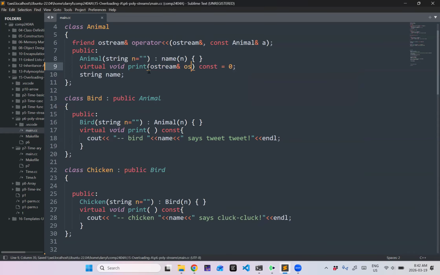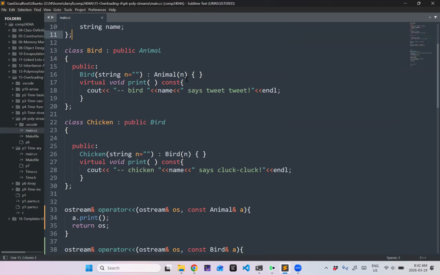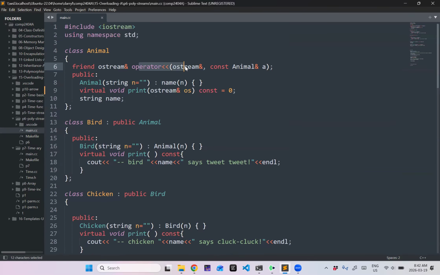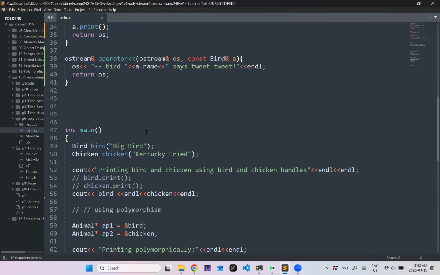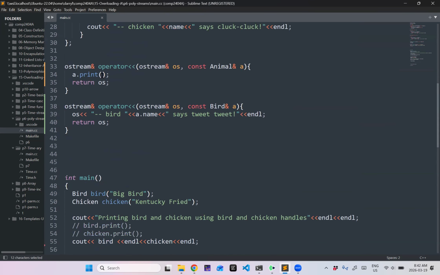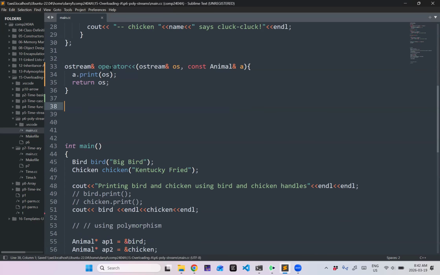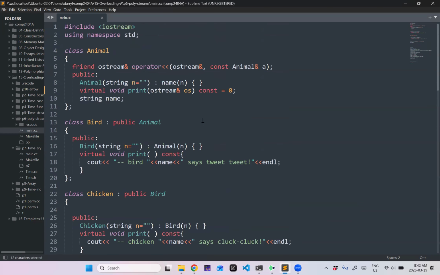So I'm going to adapt my print function to now take a specific stream. So now I can print to cout if I like, or I can print to a file. And in particular, I can just use the stream insertion operator to send my animal to that stream, and then have that call the print function and pass in this particular stream, right? So I do not get polymorphism here, but the print function I do. So inside my global function, I call a member function that is polymorphic. All right, and then